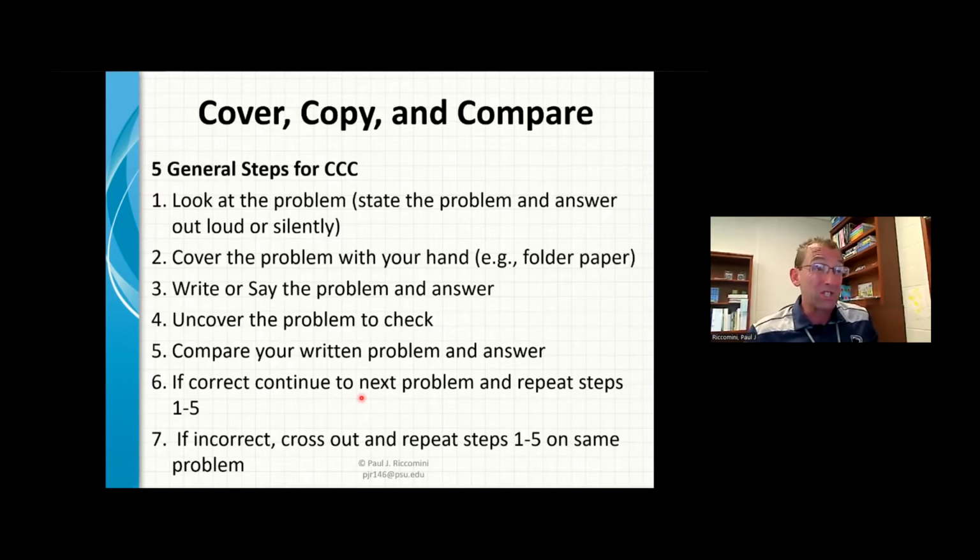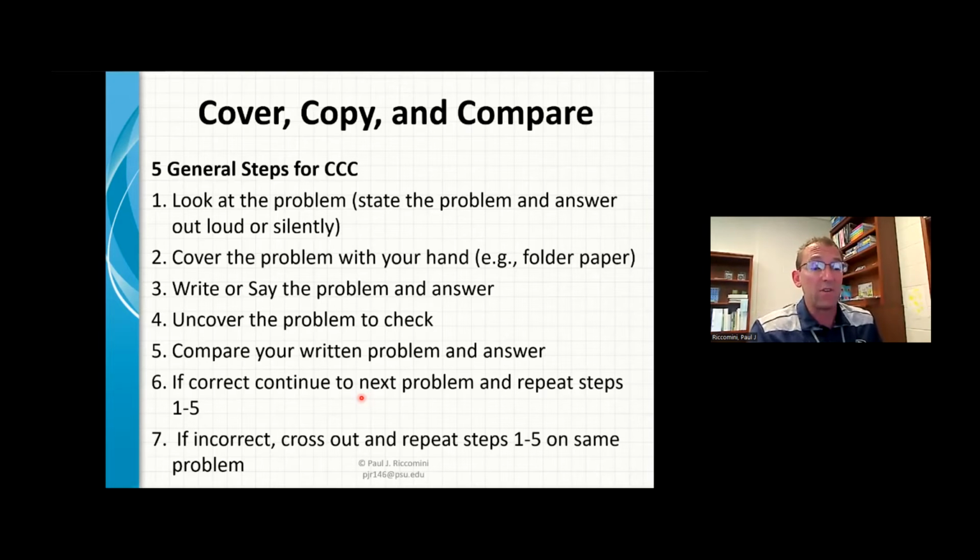There are 5 general steps to setting up a cover, copy, compare, but essentially you're wanting the student to state the problem with the answer, look at it, cover it up, say it again, and check themselves. They read the fact, they cover it up, they say it or they write it, and then they check it. That's essentially what we are wanting them to do. If they miss it, they repeat that step.